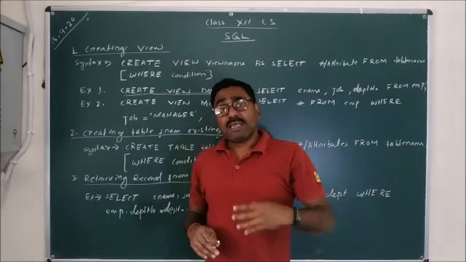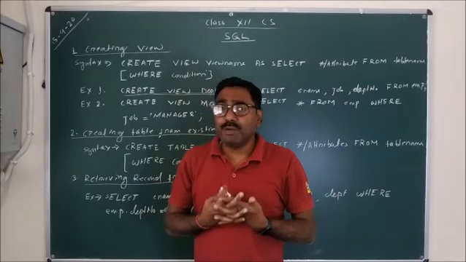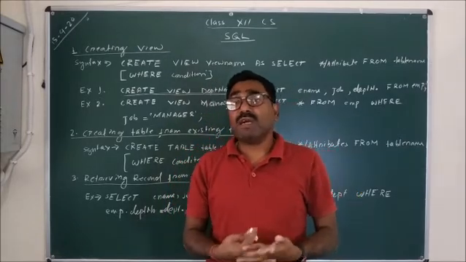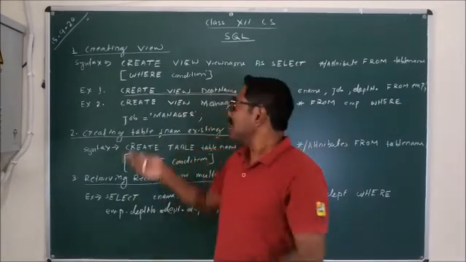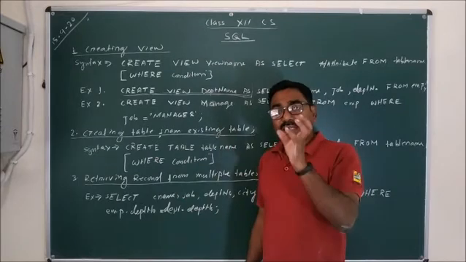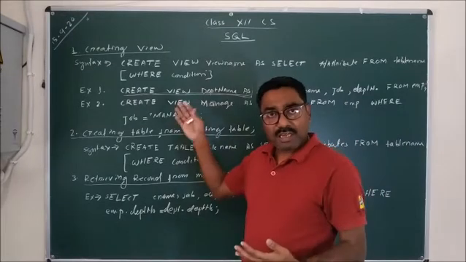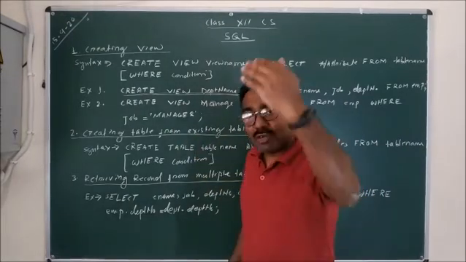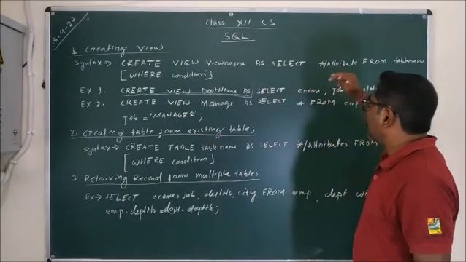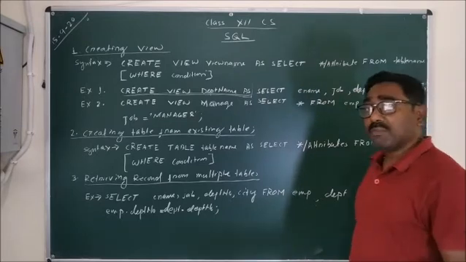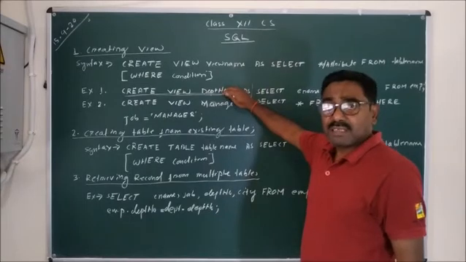Now if you use the select command with the view, and you want to display all the records of the view department name, you have to write select asterisk from department name. If you write select asterisk from department name, then all the records will be displayed. That means in the EMP table you have 14 records, so 14 records will be displayed, but only the attributes e-name, job and department number, because that much is marked as the view department name.